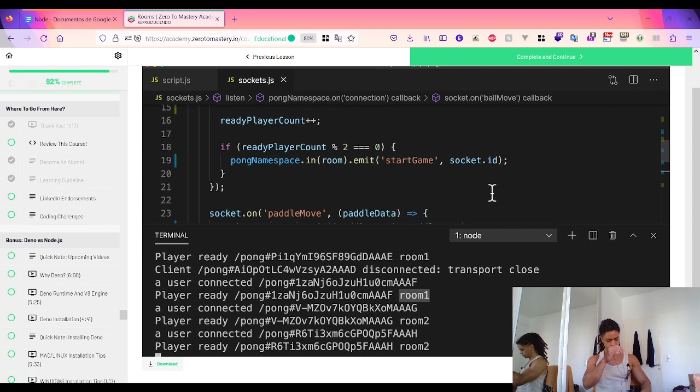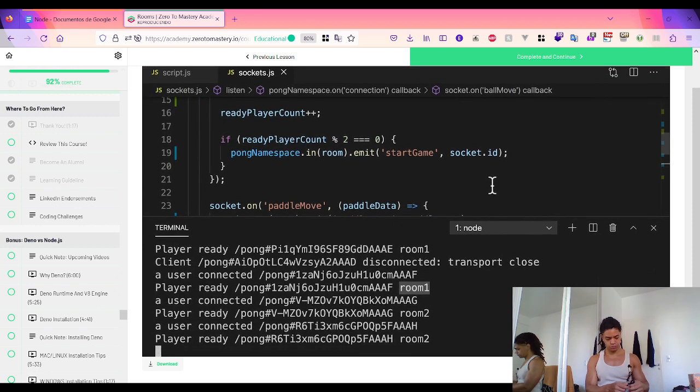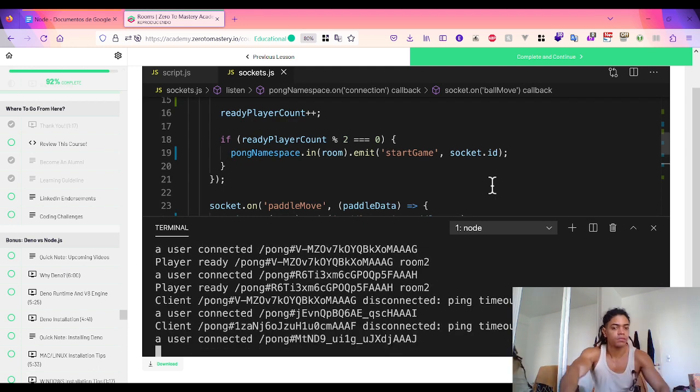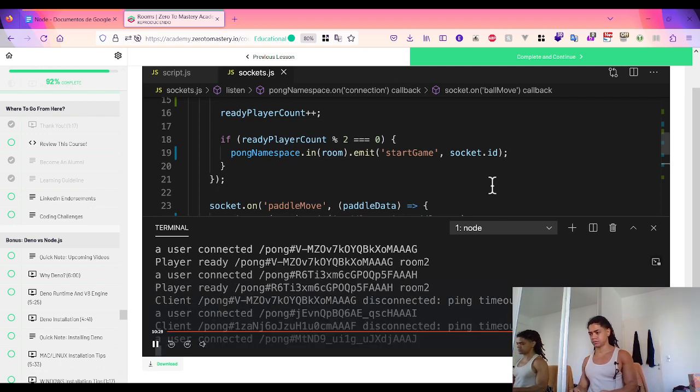Rooms have allowed our server to scale to as many games as we wanted. They model real-world applications, like chat rooms and game lobbies, very well. And unlike namespaces, rooms can be introduced, joined,